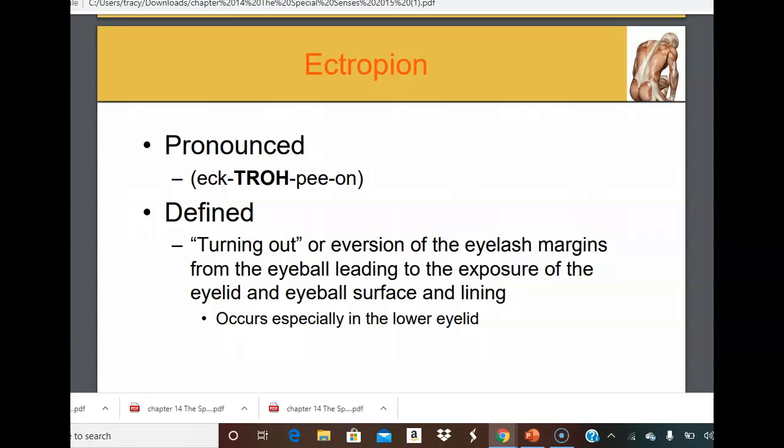Okay, and it exposes the eyeball and the surface lining of the eye itself. It is more common in the lower lid, and generally we don't see this in the younger population, but in the older population with different disease processes, the muscles get weak, and then the eyeball doesn't stay lubricated, then it gets dry, and the lining gets dry,